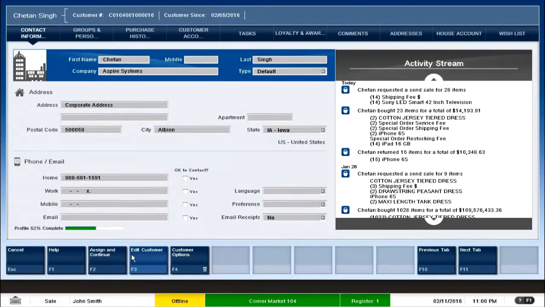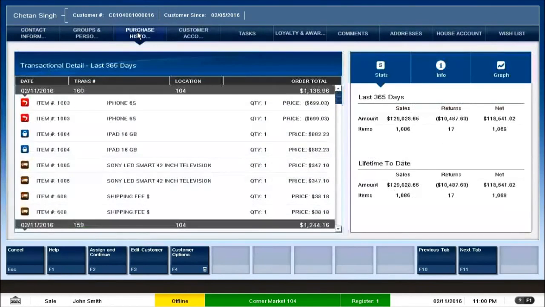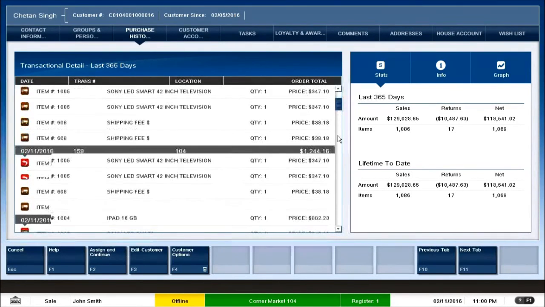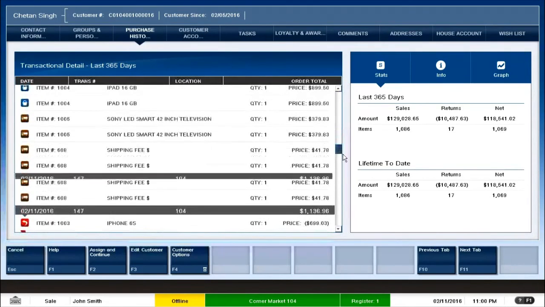So to assess the customer better, the customer details screen plays an important role. On the screen, we get all the details of the customer, like the summary of the purchase of the customer, like I've mentioned, the activity stream. Also, if I go to the purchase history, here I have all the customer transactions in detail. If you see, there are a lot of transactions that this customer has done. So if I scroll down, I get all the details of the customer. It gives me the details based on the date as well.